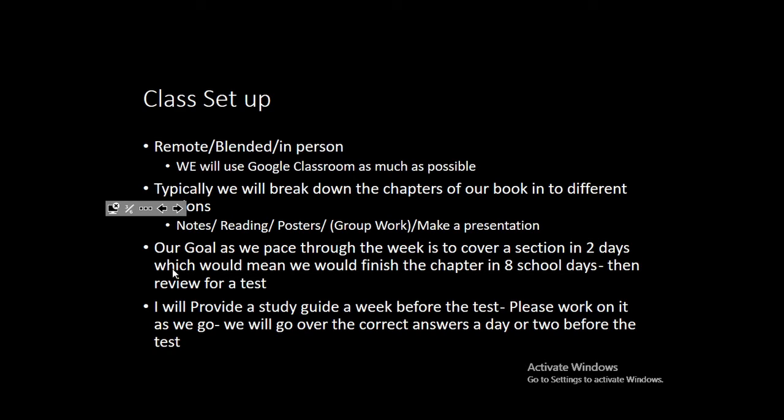And finally, in class, we will go over the correct answers a day or two before the test. I may assign you one question, you come up to the board and write it down, or you present something to the class if we're on Google Classroom and make a slide about your question. So that gets us,